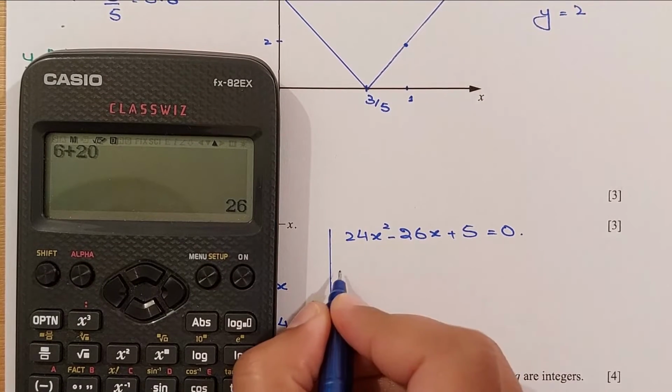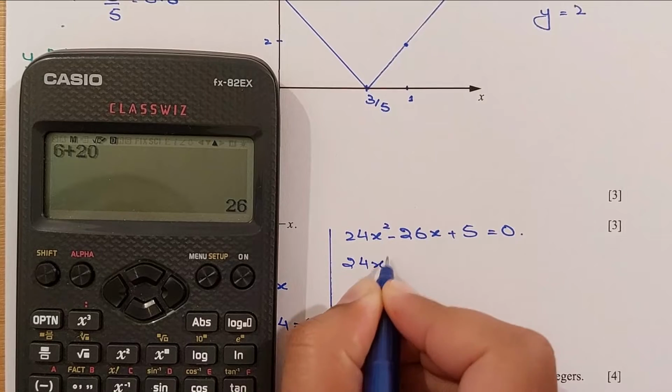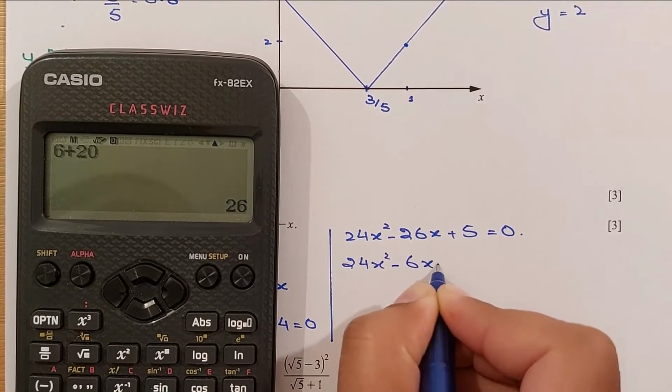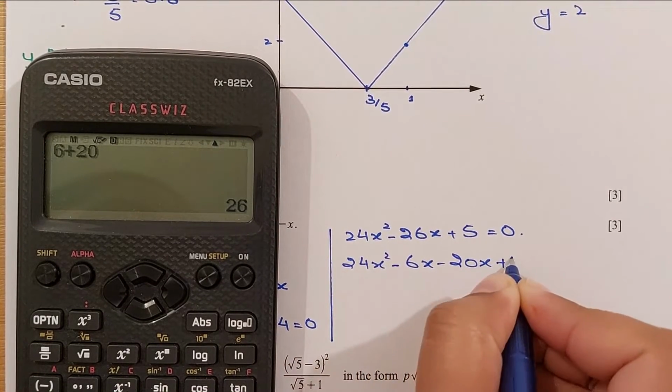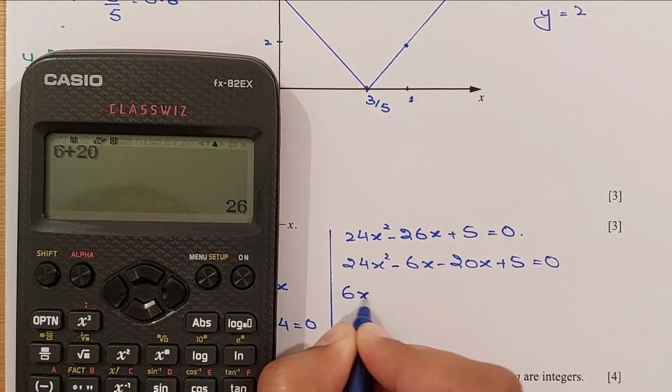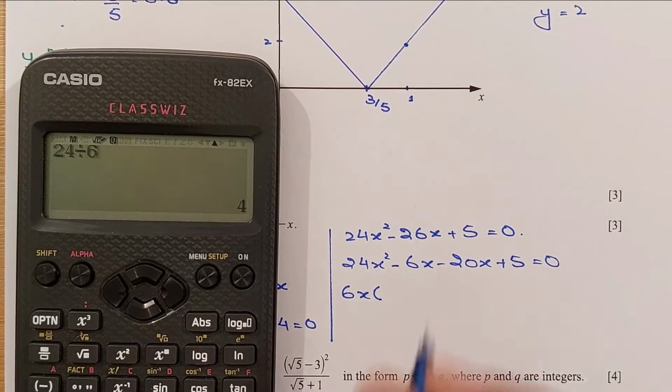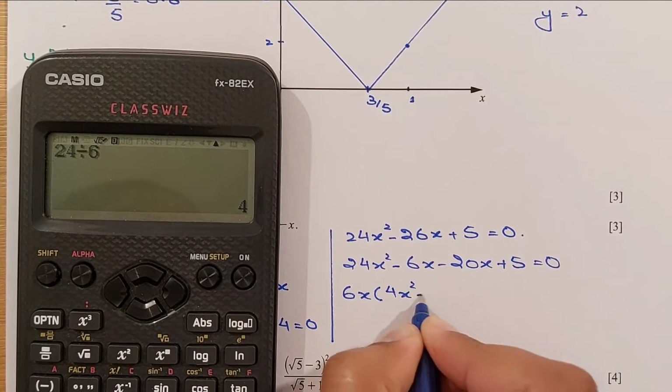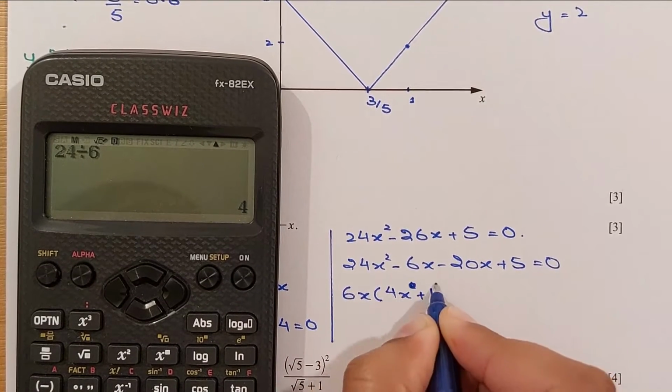So minus 6 minus 20: 24x square minus 6x minus 20x plus 5 equals 0. So taking 6x common, 24 divided by 6 is 4, so 6x times (4x